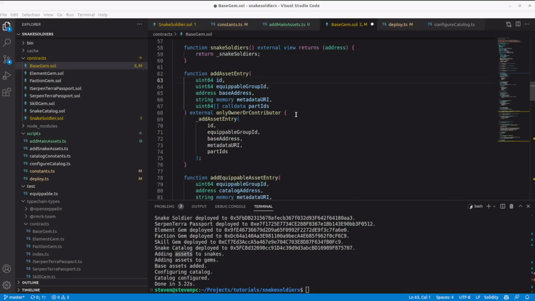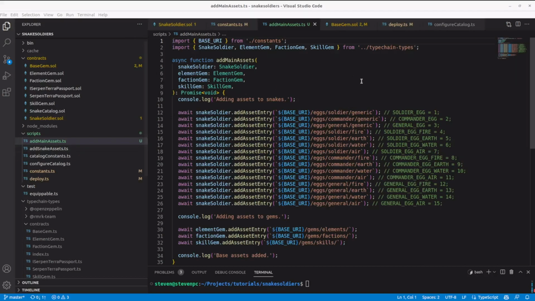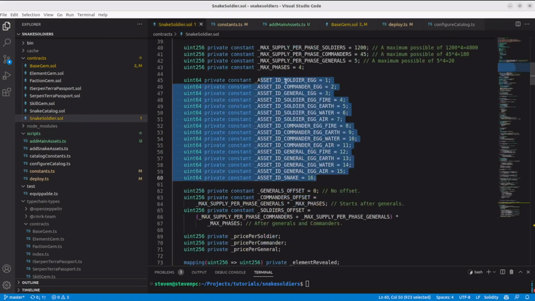Let's go back for a moment to our base gem contract, where we had defined this add asset entry, but which was actually receiving all the equivalent information. What we meant to do actually was this. With that in place, I've created this script to add the main assets. So if you remember, we had assumed here that these assets would exist on the snake.